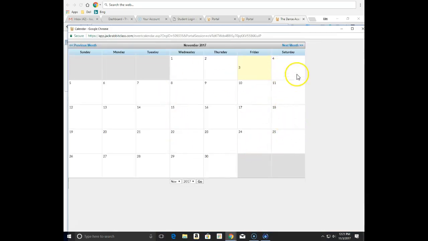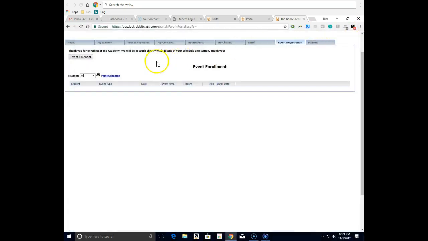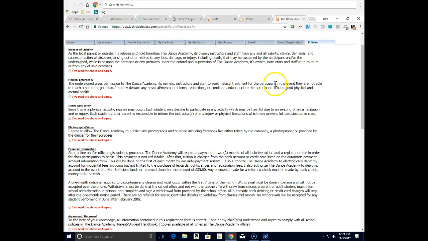Currently there is nothing here, but you would click on the event and it would put you into that event, especially for our princess parties. Those are really exciting. And policy agreements. So when you're coming through, you always want to agree to the policies. You'd click on every check,